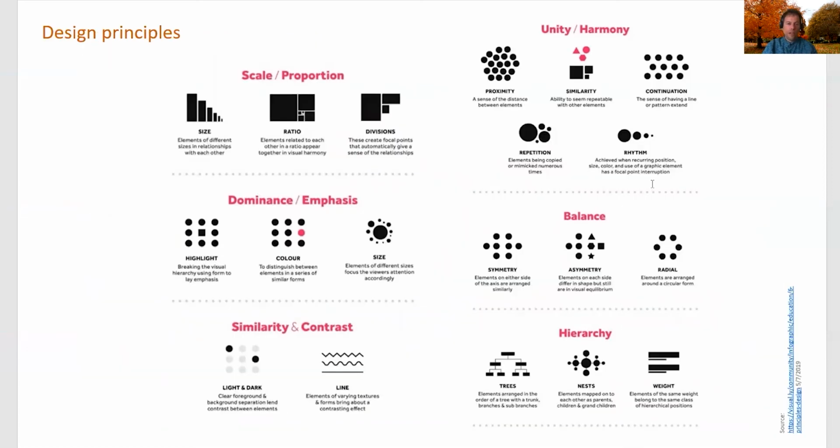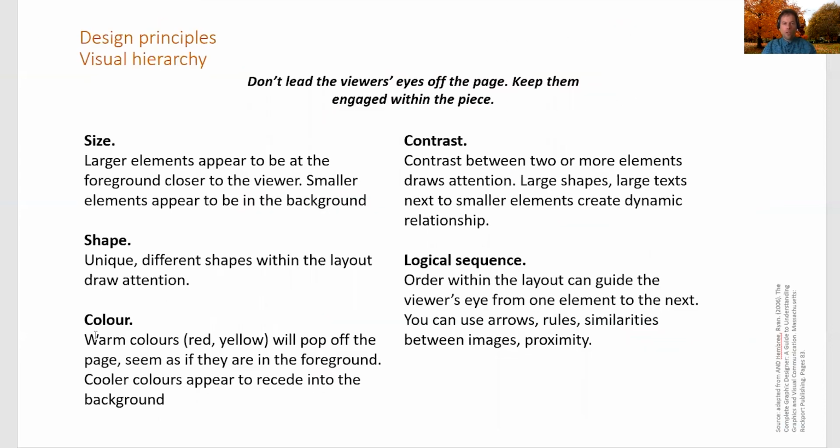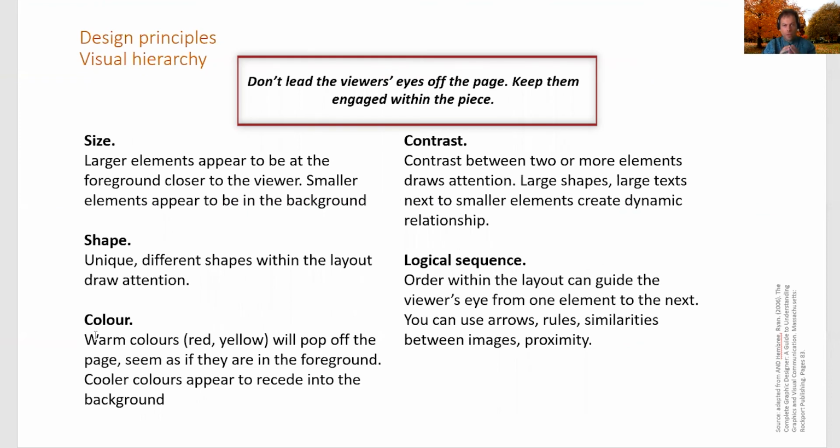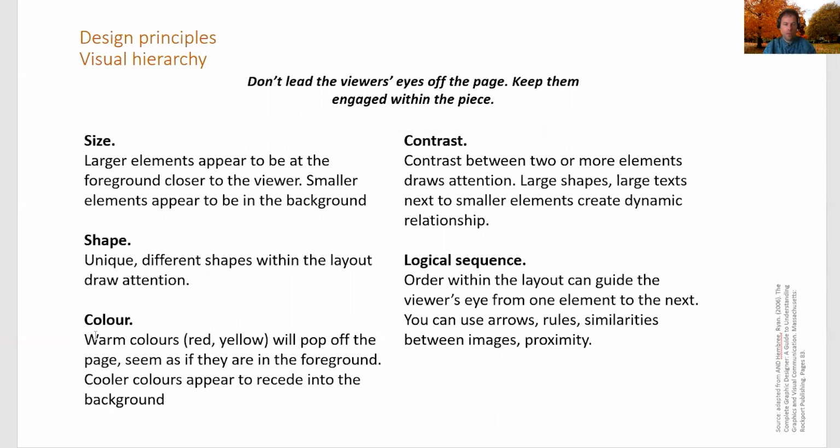And we have graphic design principles and best practice, how we use colors and shapes. For example, we can create dominance and emphasis, as you can see here, just by changing one color for one item on the page. That will make it jump. What you want is to make sure that the viewer's eye is led into your page. You don't want your viewer's eye led off the page to somewhere else. So you want to navigate their attention into your content. Keep them engaged within the piece of work. Again, I have a separate presentation dealing with that specifically.